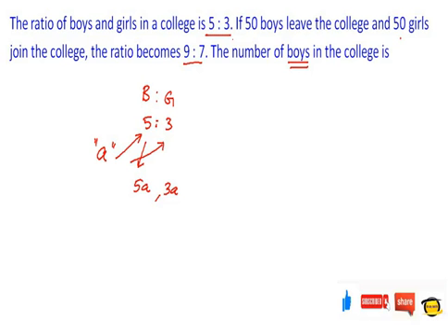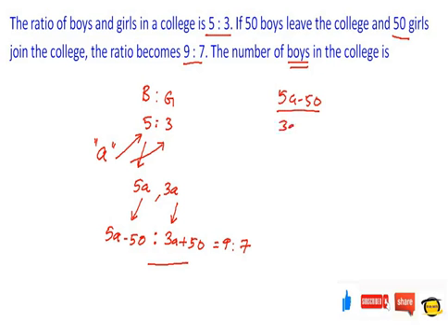Now 50 boys leave the college, which means we can remove 50 from the total number of boys. So 5a minus 50. And also 50 girls are joining the college, which means we can add 50 to the count of girls. So 3a plus 50, right? So once this happens, the ratio becomes 9:7, which means the ratio between these two new counts is 9:7, right? Now we know that we can rewrite ratios in terms of fractions. So let's do that. So (5a minus 50) divided by (3a plus 50) is equivalent to 9 divided by 7,